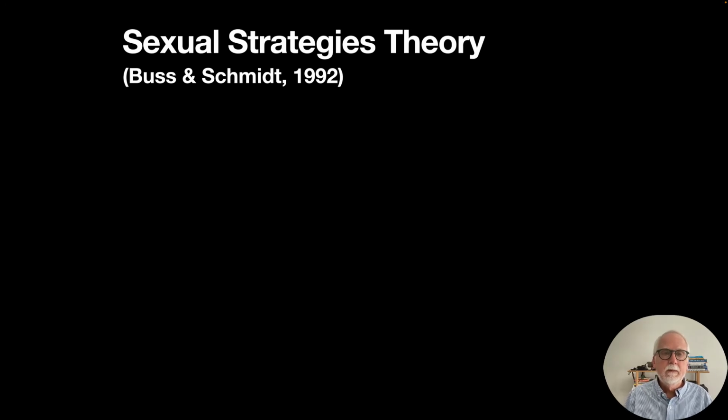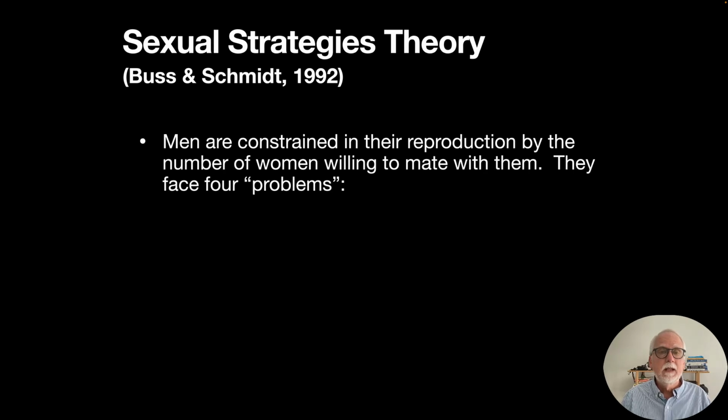So, when you think about that in human terms, and we think about what men are doing and what women are doing, remember that in parental investment theory, men don't really have to put as much into having an offspring as women do, who carry the baby for 9 months and then have a baby they have to nurse before it can be independent. That means men are constrained in their reproduction by the number of women willing to mate